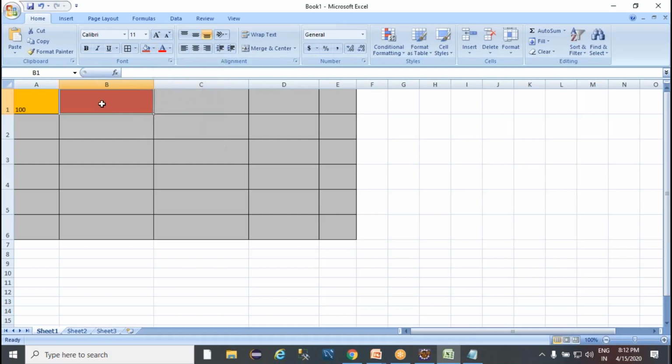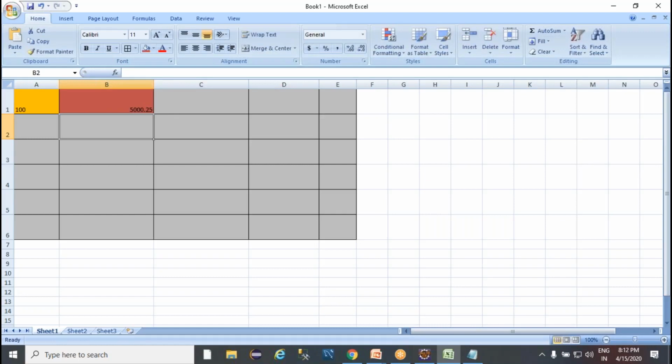For example, this one, B1. I reserve this location to store real numbers. What do you mean by real numbers here? Either float or double value. Float or double value. Say for example,